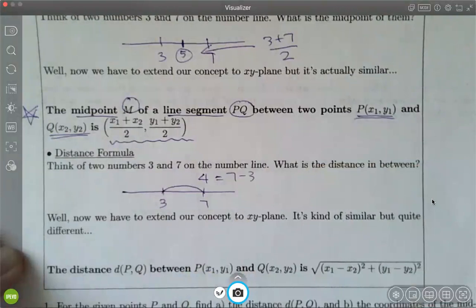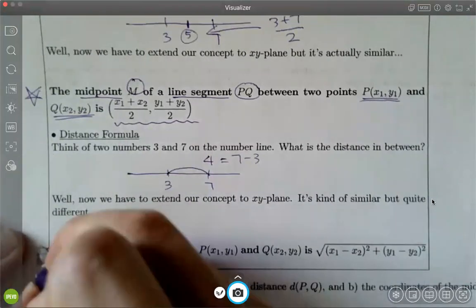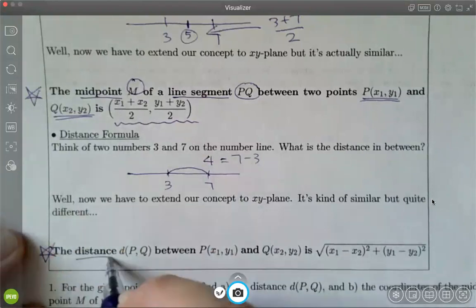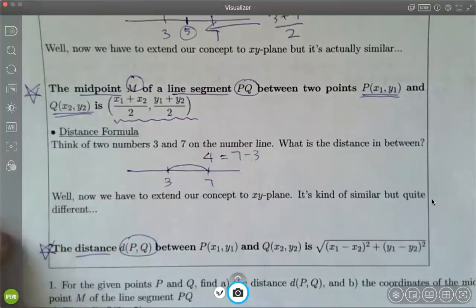Okay, so now when we extend this concept to the xy plane, it's similar, but also somewhat different. Here is the distance formula. The label of the distance is d parenthesis p comma q. Again, we are not multiplying d to p and q, we are not distributing d, that's just the label of the distance between the two points, p and q, x1, y1, and x2, y2, which is given by